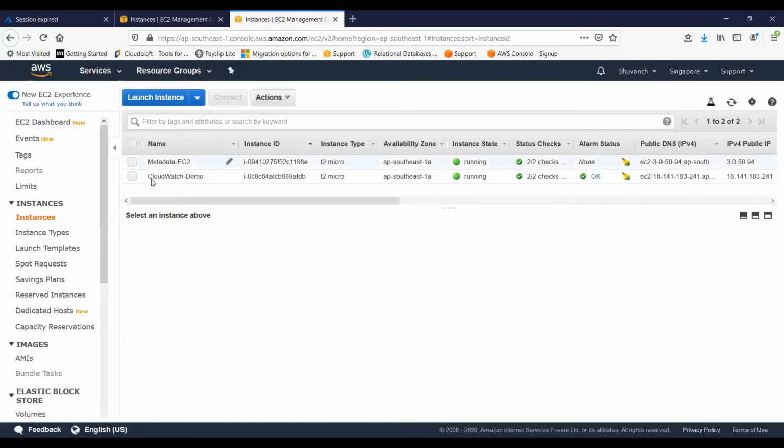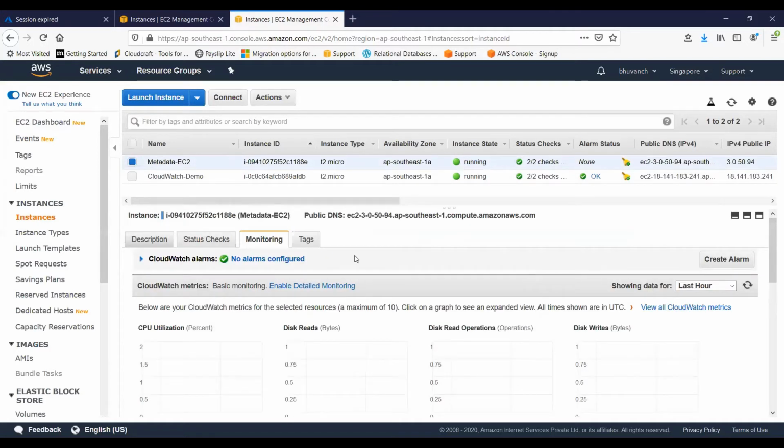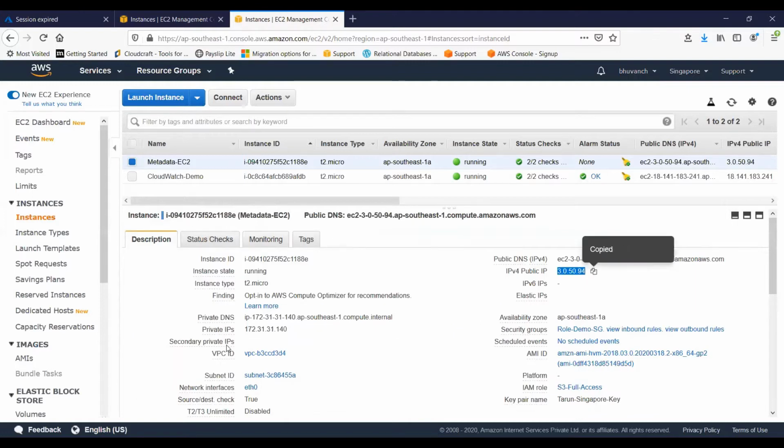Let's log into this metadata thing. What is happening? This is why it's so slow. This is my public IP. I'm going to log into this machine as well.